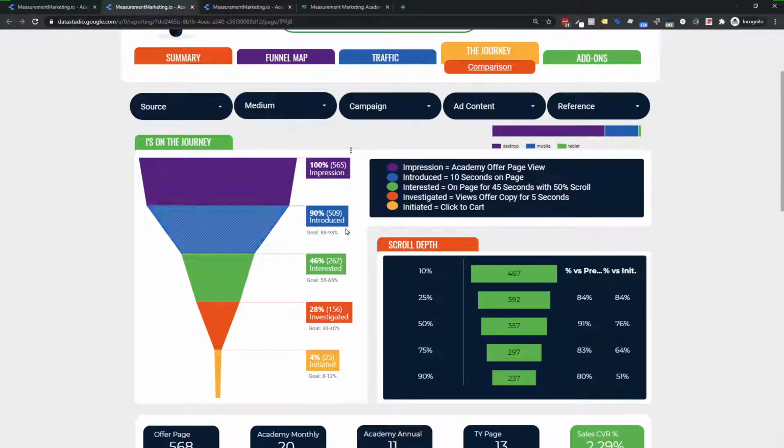So we have our forecast, our expectation of how this step should perform. So I don't see a problem here. This is not the issue. Then interested. Now look at this. We expect 55 to 65% to be interested, but we're only hitting 46% during this particular date range. That's an issue. So what we know is that people are sticking around at least 10 seconds, but we're losing